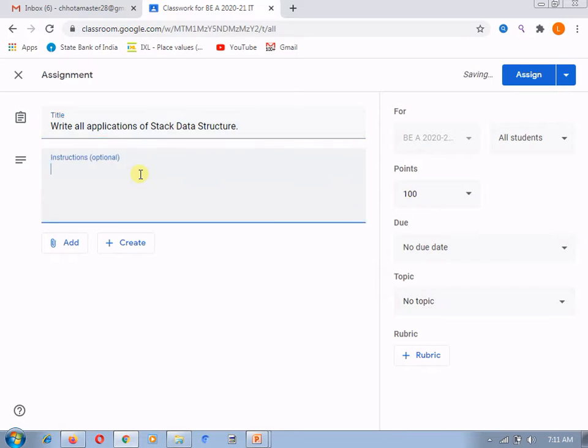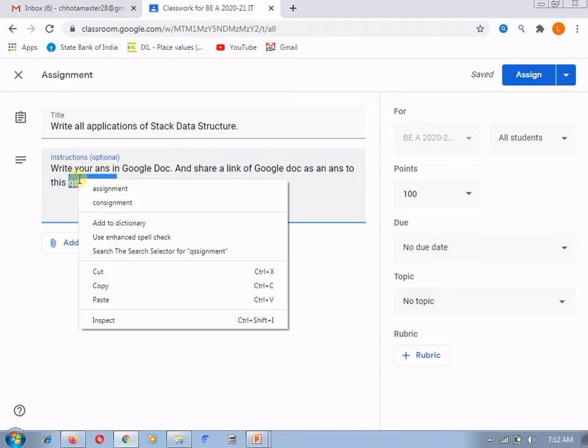I am giving instructions like: write your answer in Google Doc and share a link of the Google Doc as an answer to this assignment. So in this way I can give the instruction to the students.